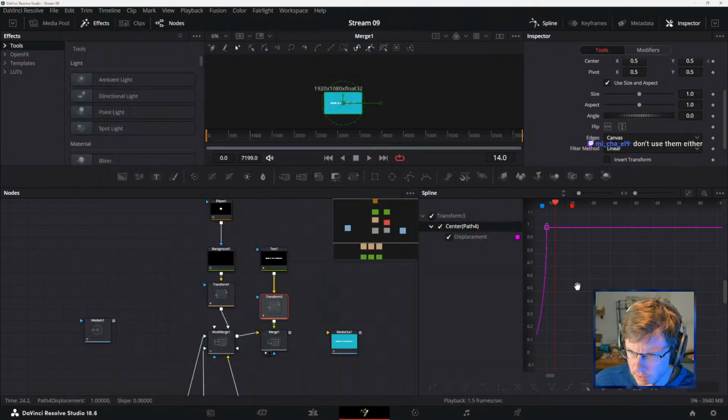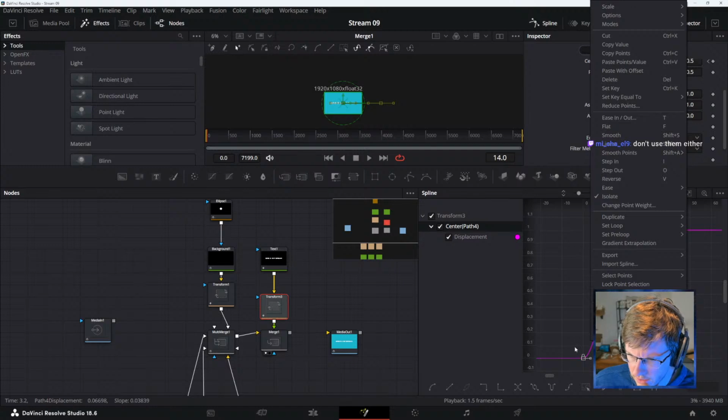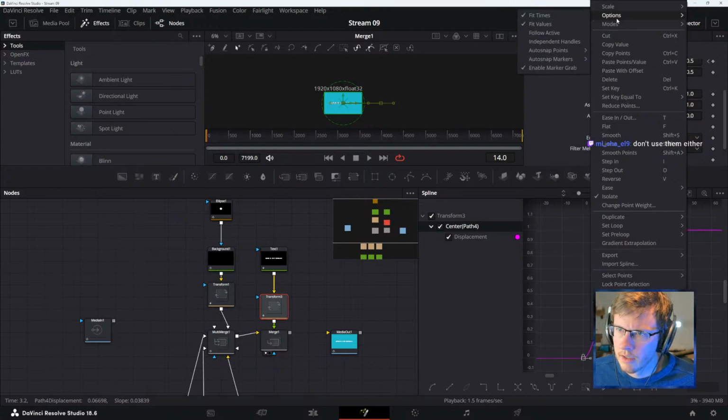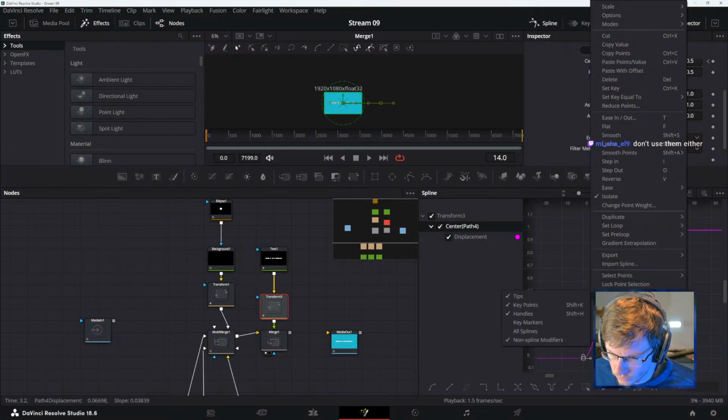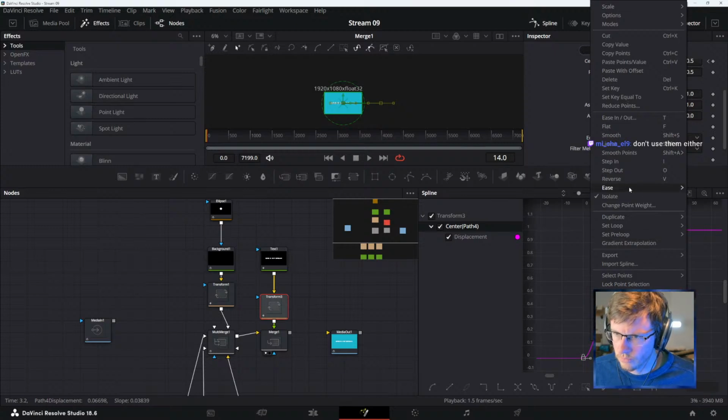I thought actually you could select this and do ease in, ease out, flat. Where's this spline type? Options? No. Like this, like you could do reverse or step out.